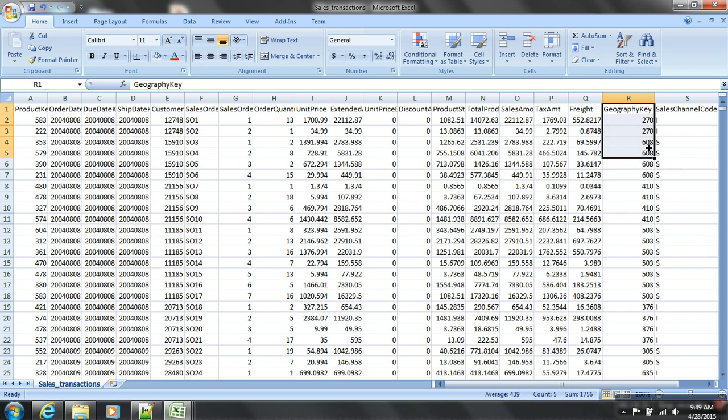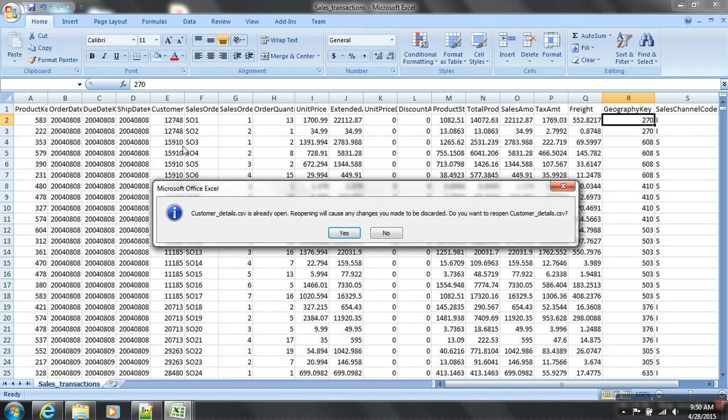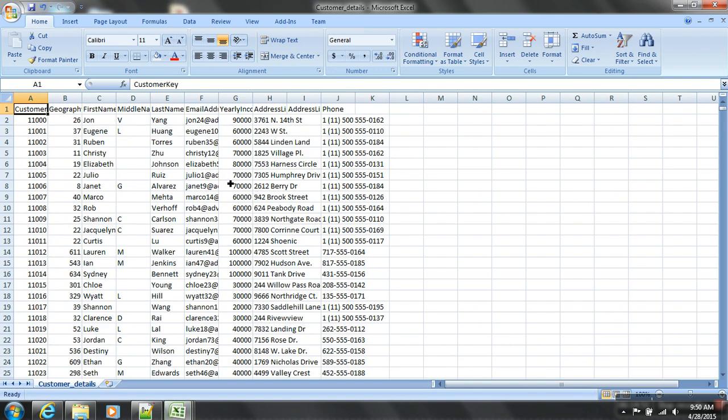Now when I say 270, I don't understand anything with this key. I need more properties of this to understand which country it is, what state it is, to which province it belongs, all this. So do I have another set of details of this country? That was my file, the customer.